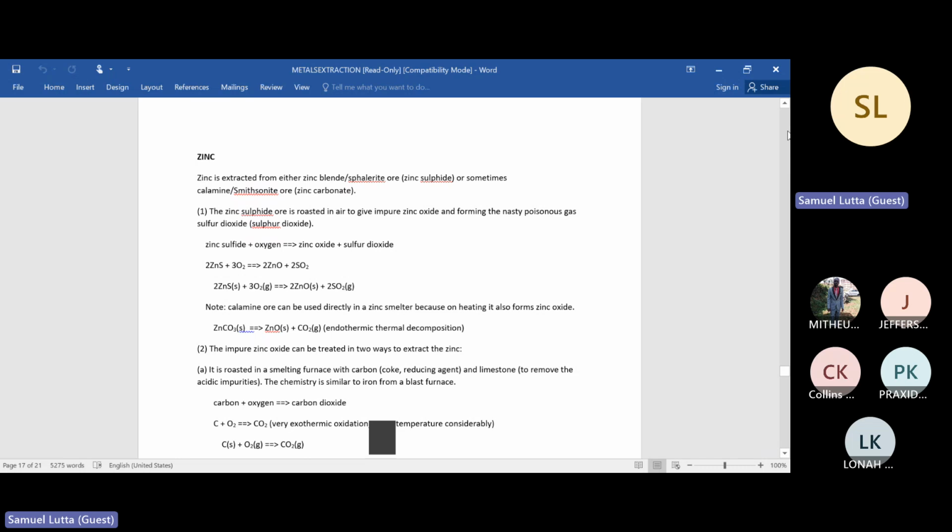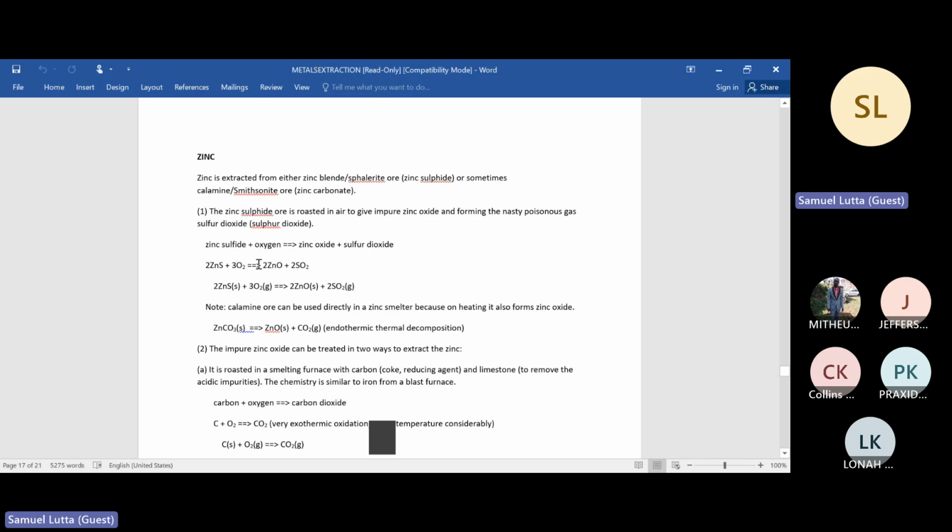Zinc blende is zinc sulfide, or sometimes it can be extracted from zinc carbonate, but the most important one is zinc blende, which is just zinc sulfide,